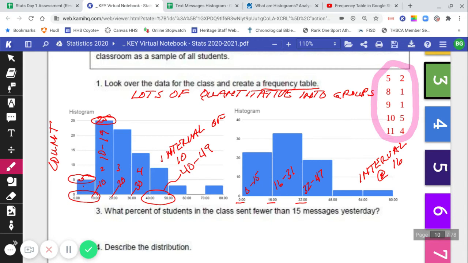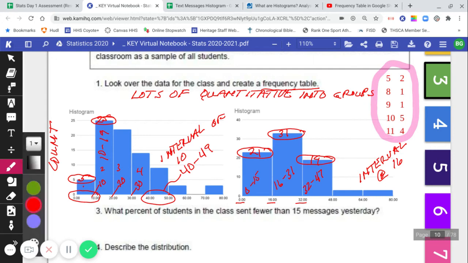And then it gives a count again over here. That one looks like 21. This one's a little above, I'm going to say 31. And this one's a little bit below that line, so I'm going to say 19. Okay, so we're going to use this second one right here to calculate some